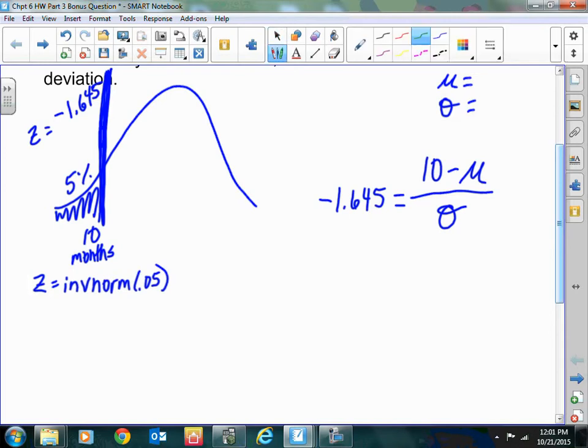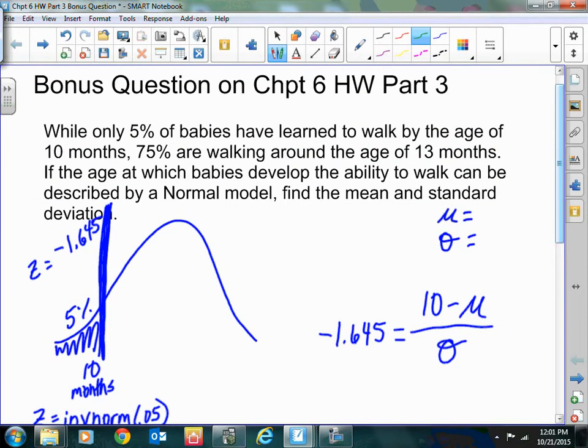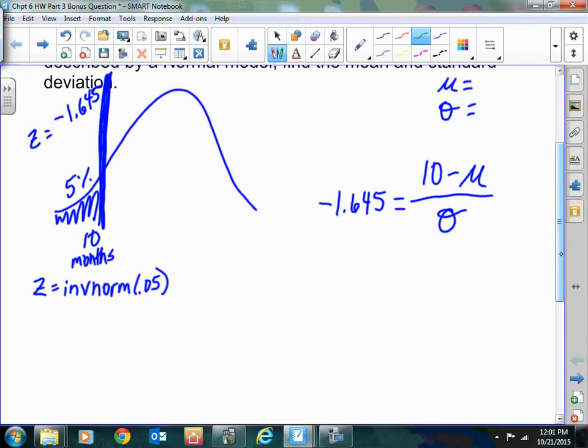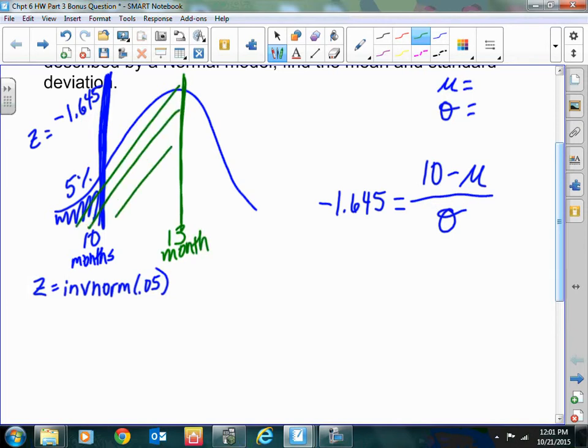It is based off of the information that says 75% are walking around at the age of 13 months. So that's going to be, say, maybe about right here. 13 months has 75% of data below it. So 75% of data is below it. How do I find the z-score here? Is inverse norm of the area below, which the area below is 0.75. That comes out to a z-score